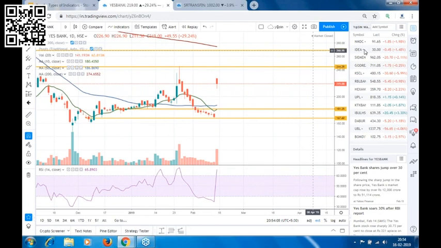And always remember one thing, always trade in the direction of the market. Daily we may take out two trades for shorting purposes, two trades for taking a long position, but we will trade only in the direction of the market. If the market is in the positive direction, we will take only long trades. We are not going to take any shorting trade. And if the market is negative, we will not take any long trade. We will go only for the shorts. Don't trade against the market. Remember that thing.